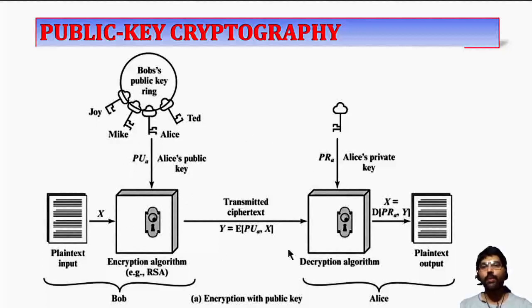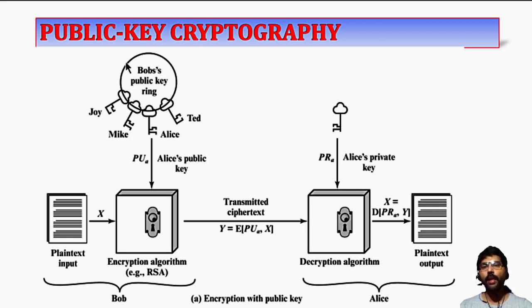Now this is one diagram which will explain public key cryptography. Each user generates a pair of keys to be used for encryption and decryption of a message. One key is placed in a public register or any shareable file so that it can be accessed by another user. Such keys are called public keys. And the key which is paired with this public key is owned by the owner. This key is not given to anybody, and that key is called the private key.